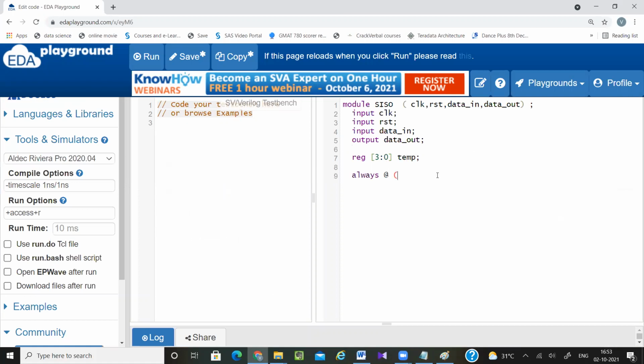Always @ posedge of clock, negedge of reset. Here I have taken an active low reset, so if not reset.